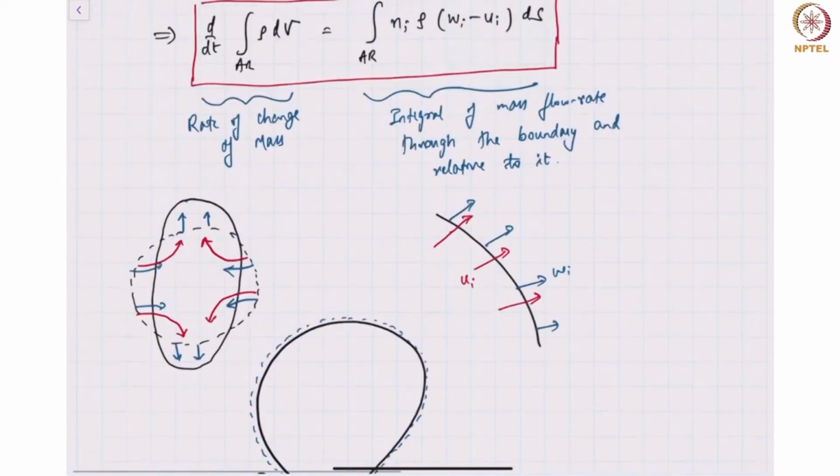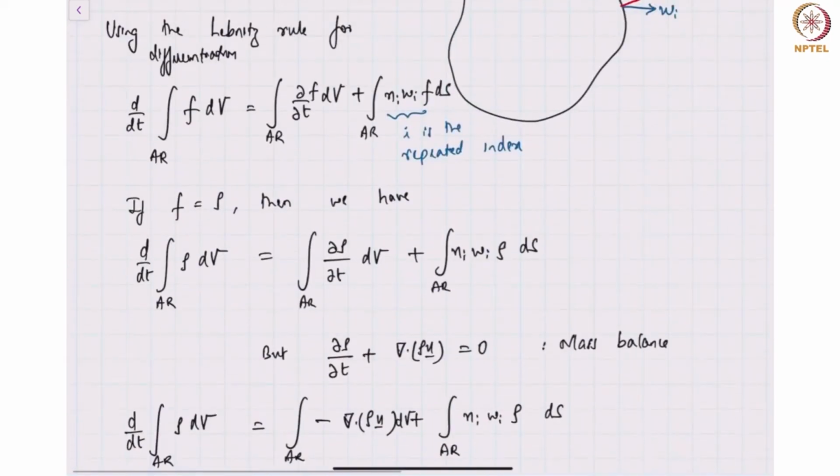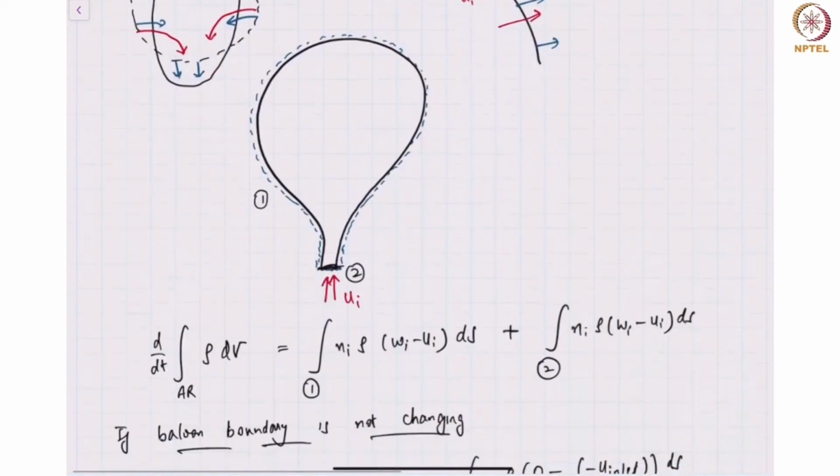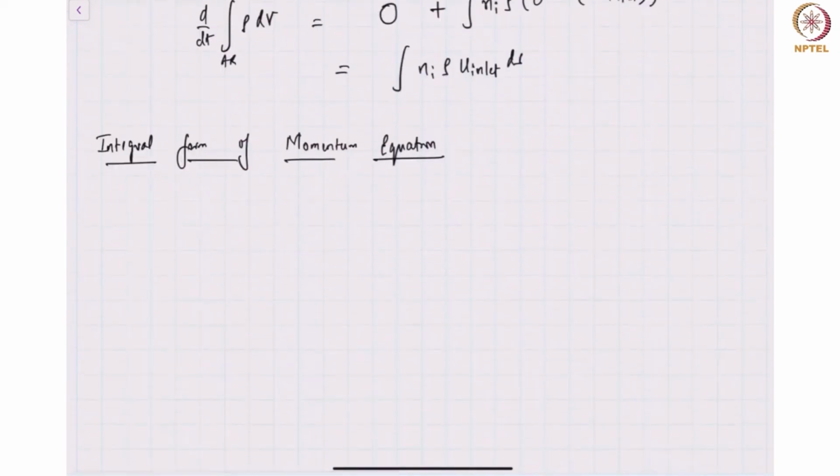Just to recap, we have written down the Leibniz rule. Let me highlight it with a box here. This is my Leibniz rule. Now what I'm going to do is replace F with a vector, because we are interested in momentum. So the variable F is density times the velocity ui,